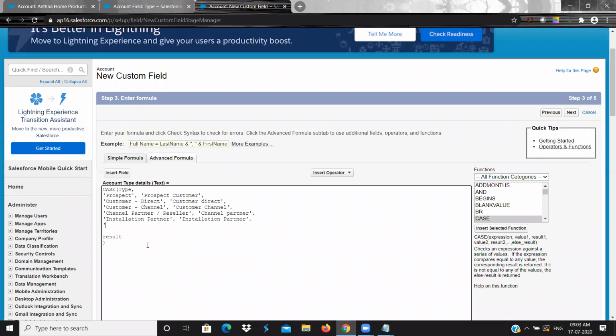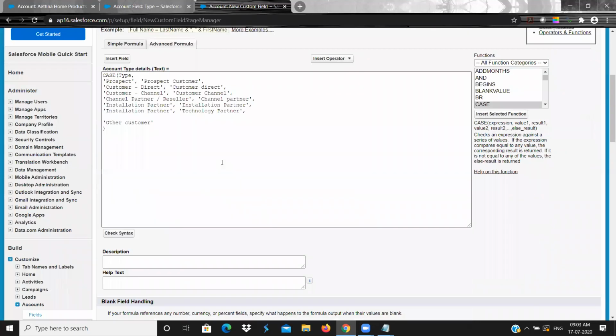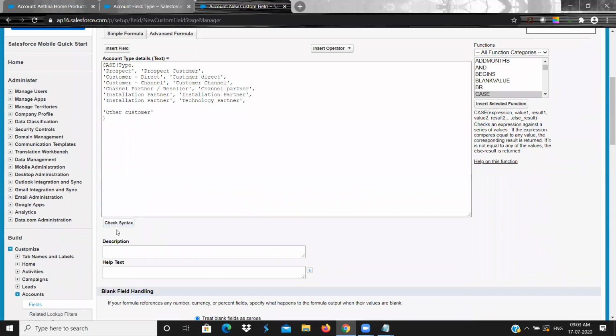So if it is technology partner, then what you can do is technology partner, and finally I need to give one value, that is this result, other customer. Okay, so with this my IF case is completed, so I need to do a syntax check.